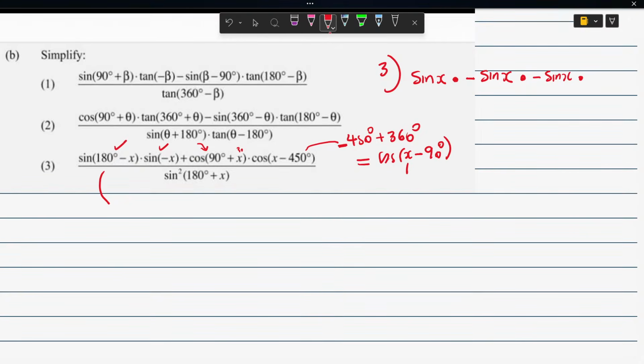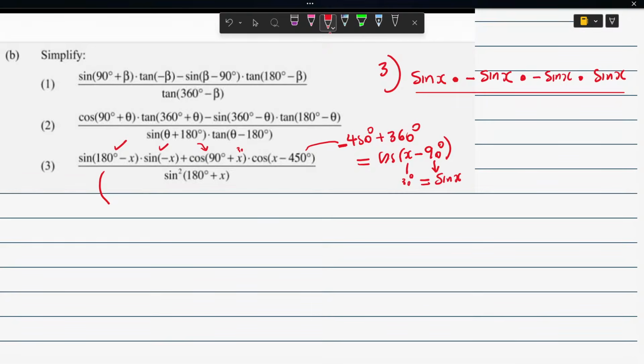Then where there is x like you normally do, just put 30 degrees and press the calculator. If they give you a negative answer, therefore you're going to get a negative. Since this one is going to be positive, I will say sine x. Someone is asking me, why are you saying sine x? It's because 90 is a cofunction. Where there is 90, sine changes and becomes cos. Whenever there is 90, cos changes and becomes sine. So which means the answer for this one is sine x, all over